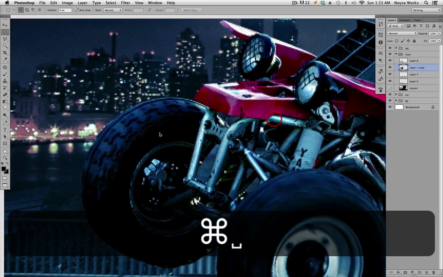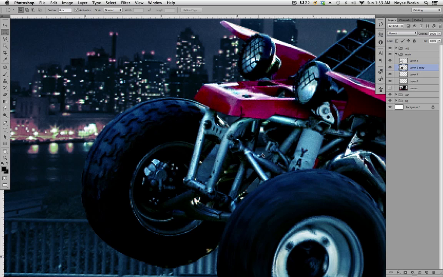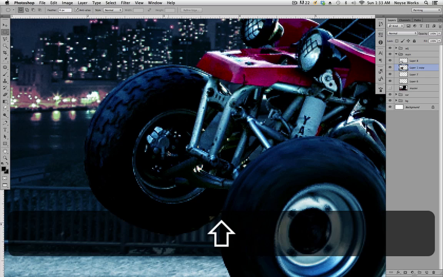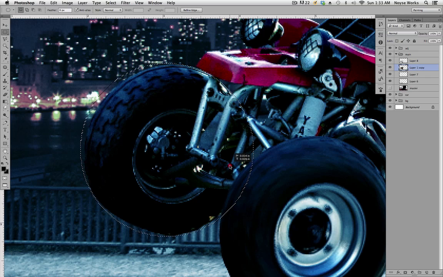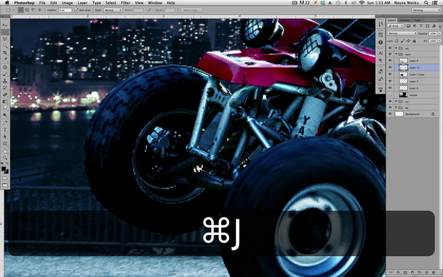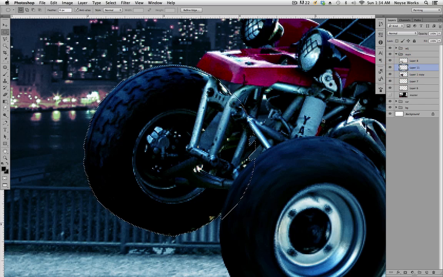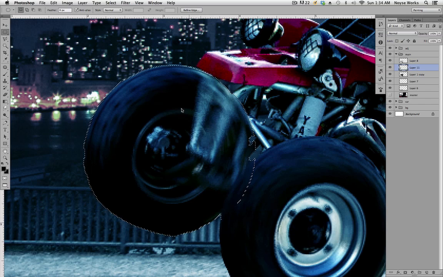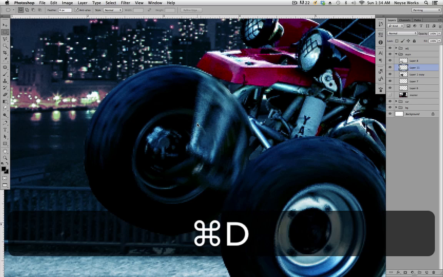Alright, and if you want to do this tire, select the metal, Shift, Alt, bring that up, and instead of hitting Command F to apply it, hit Command J first, hold Command, select this, and it will only select that, then hit Command F, then it'll make that radial blur, Command D to deselect,